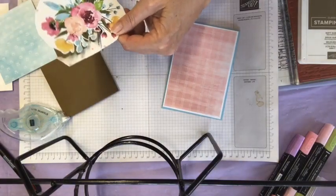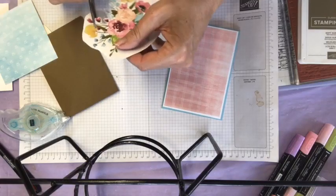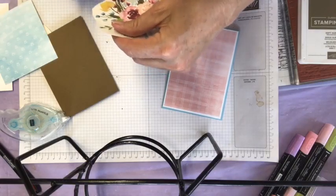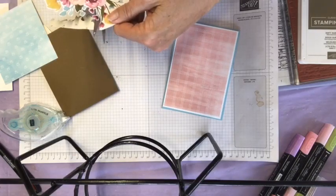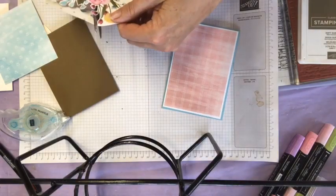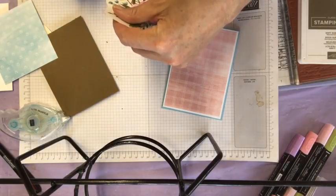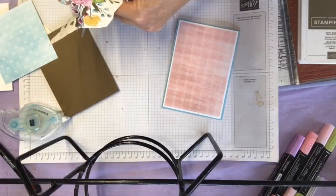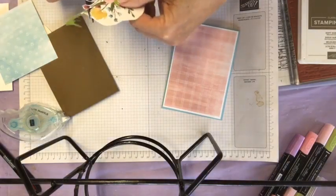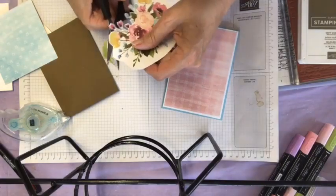So we've just got to look forward to what we're going to have that's going to be new, which is very cool. But with a colour refresh, Stampin' Up do change some of the colours in our main colour range. So that's your brights, your subtles, your regals and your neutrals. So it will be very interesting to see what we have come in and what's going to be going. But like everything, change is always good. Keeps us up to date with the fashion trends in colour. And sometimes it's just colours that we all love that...